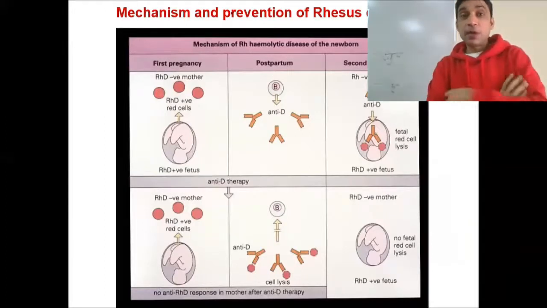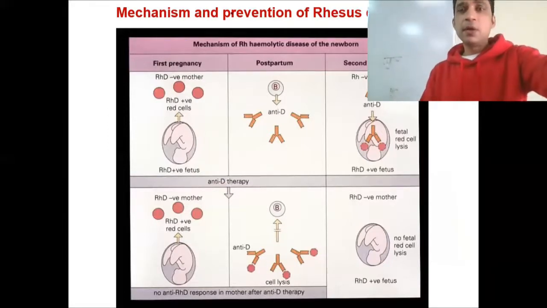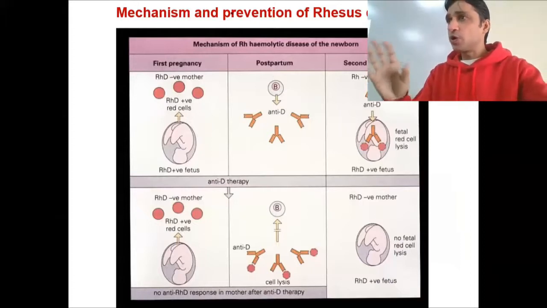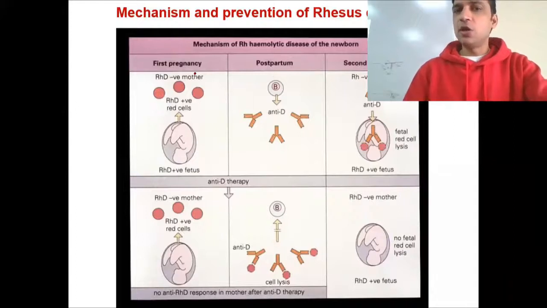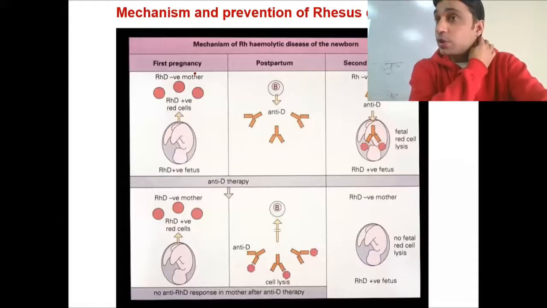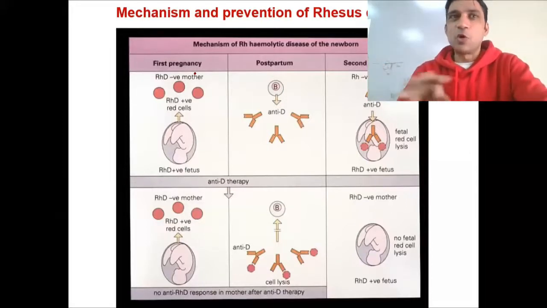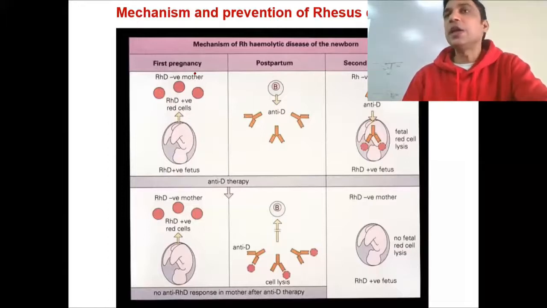The thing is that, just as a start, remember the positive and negative blood groups. You understand those things. Rh positive, Rh negative. This is also called RhD, or sometimes only D in short. So the RhD means the Rh factor or the Rh positive. The presence of the Rh antigen means the blood group is Rh positive. The absence of that antigen means the blood group is Rh negative. It is also called RhD negative.